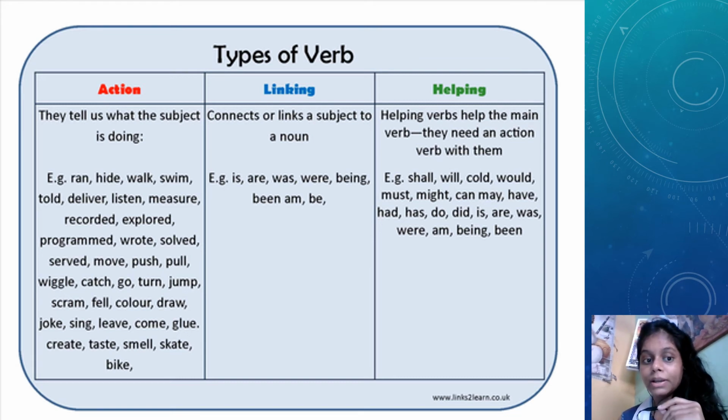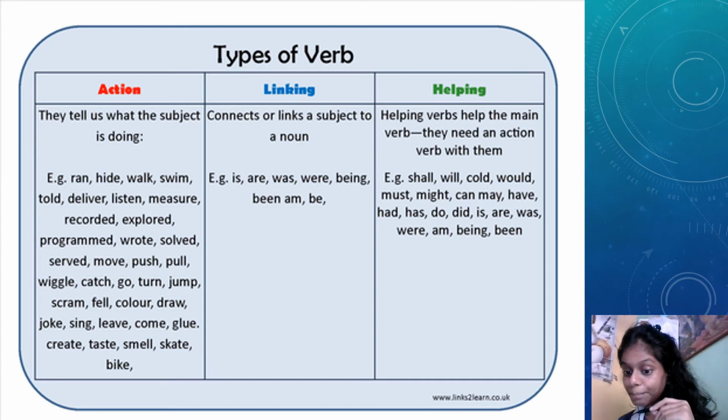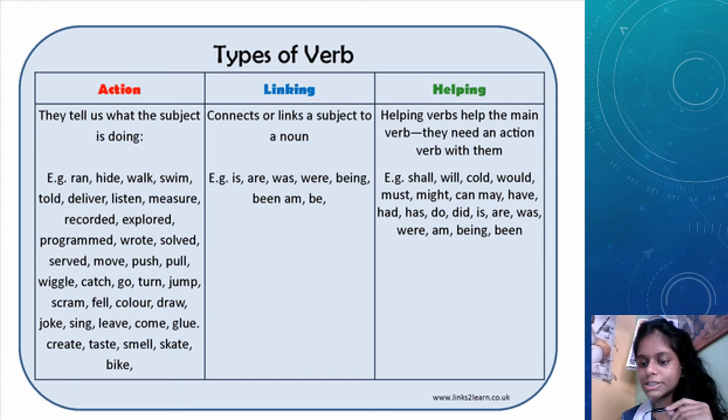And some are helping verbs. Helping means they help the main verb, like I will come. Come, as we know, shows the action. But will is also part of the verb because it goes with the main verb. That's why will is known as a helping verb. All these combined are known as verb. Just stop this video and read all these kinds of verbs. It is just a short introduction, no need to worry about knowing verbs in detail. In the next topic, we will be discussing it in detail.